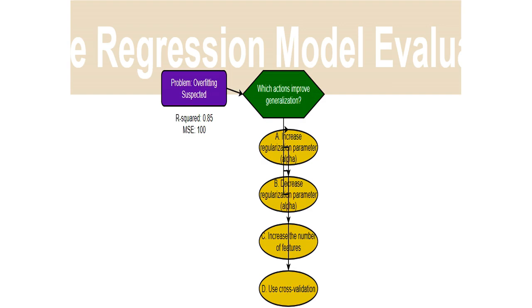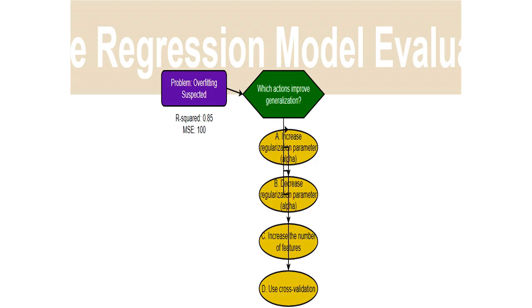The R-squared value of 0.85 means the model explains 85% of the variance in the house prices based on the training data. That sounds pretty good, right? However, the MSE of 100 indicates a significant error in the predictions. This discrepancy suggests a possible overfitting problem where the model performs well on the training data but not so well on